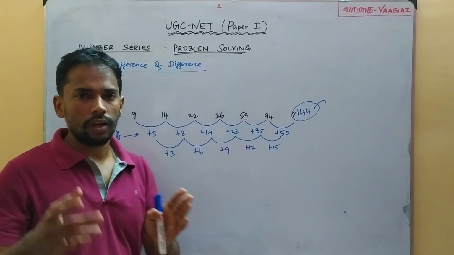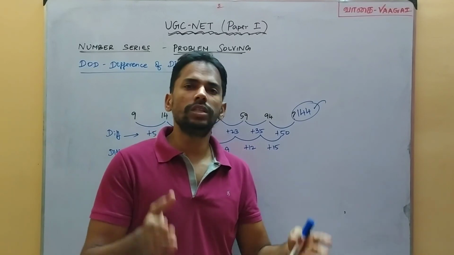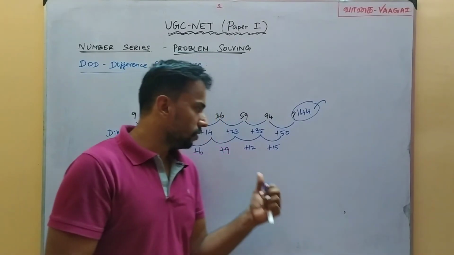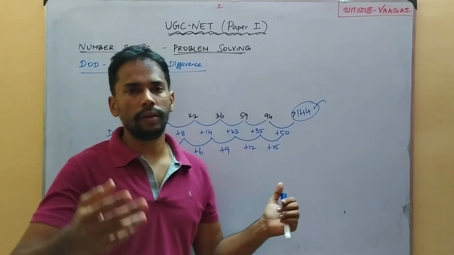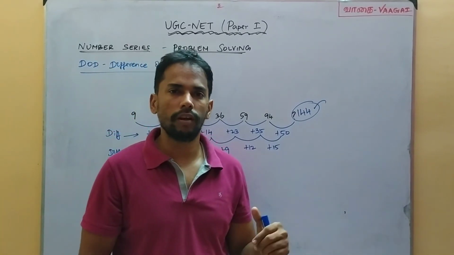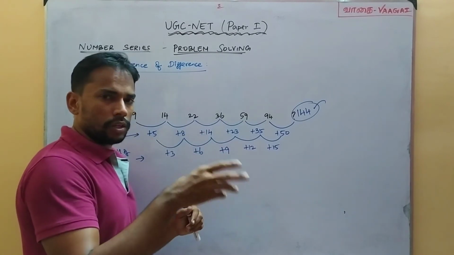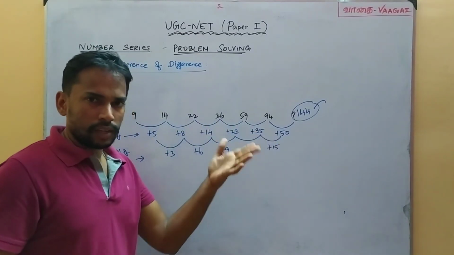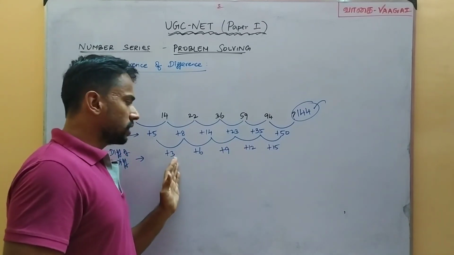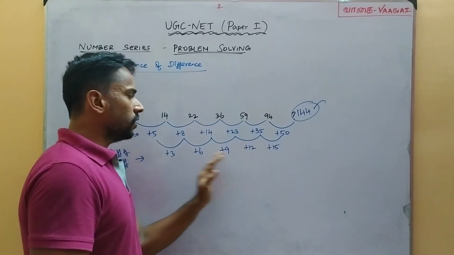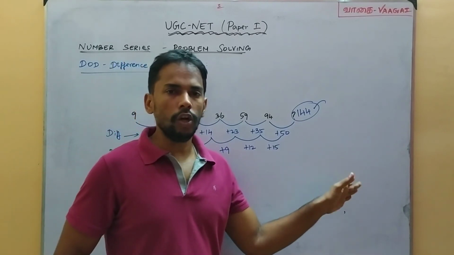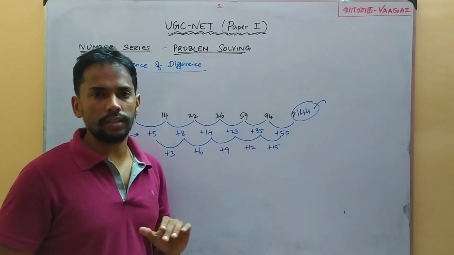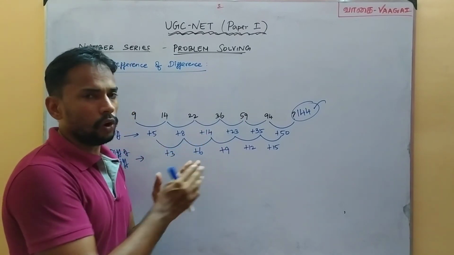I will suggest you to prefer addition and then immediately try this test of difference of difference, because as far as UGC NET Paper 1 is concerned, you can expect more problems of this type than multiplication or division type. Is the point clear? So focus on giving preference to addition as the first step, and then immediately come to the second test, difference of difference, because the majority of questions from UGC NET will be based on this type. So practice well.